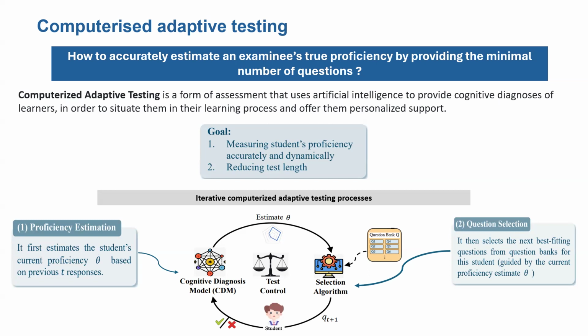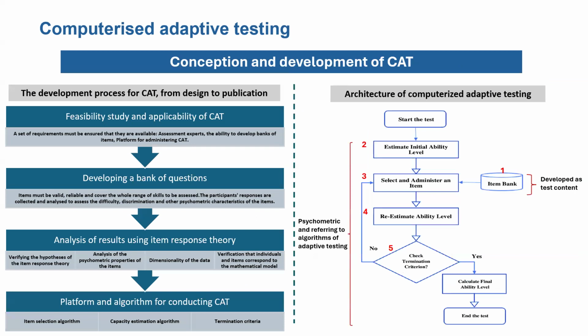outcome of the assessment. Conception and development of CAT. The process of implementing computerized adaptive testing involves several key steps. The first step is a feasibility study and applicability assessment, ensuring the availability of necessary resources, including assessment experts and item development capability. The second step is developing a bank of questions, creating a comprehensive item bank with valid and reliable items covering the full range of